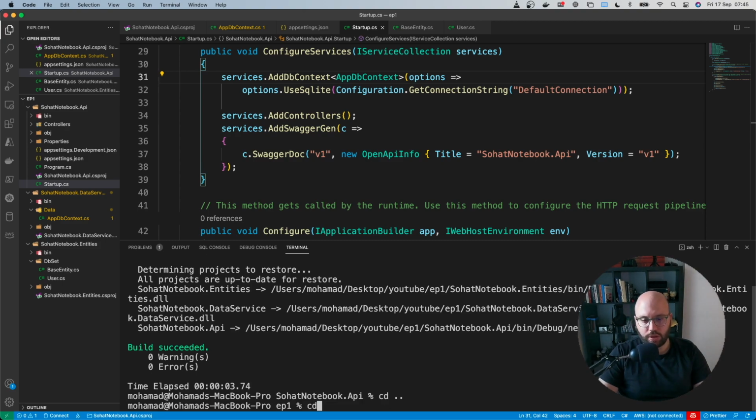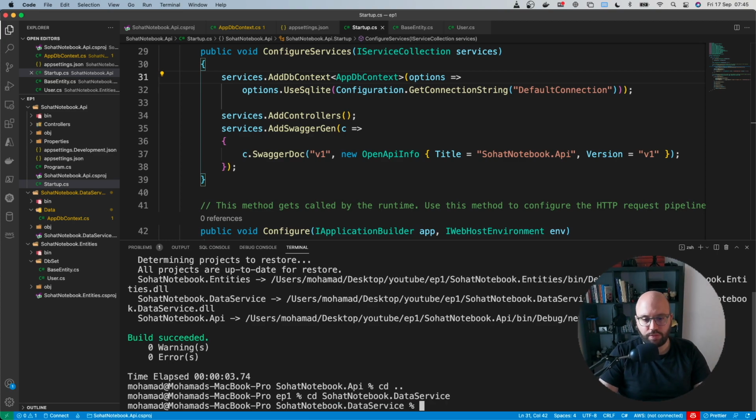So let's go to the data service class library, and let us do this: dotnet ef, because we have installed the Entity Framework tool before. We say migrations add, and we're going to call it initial migration, and we're going to pass it the startup project because it needs a startup project in order for it to run,